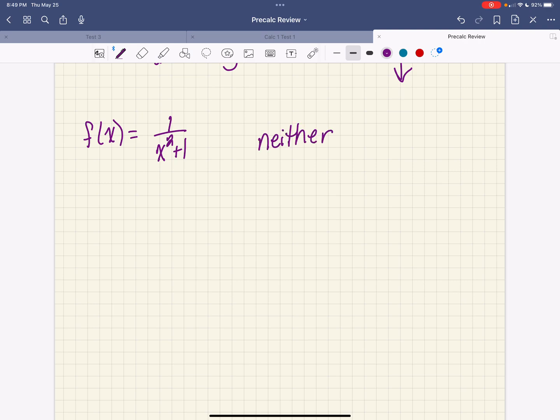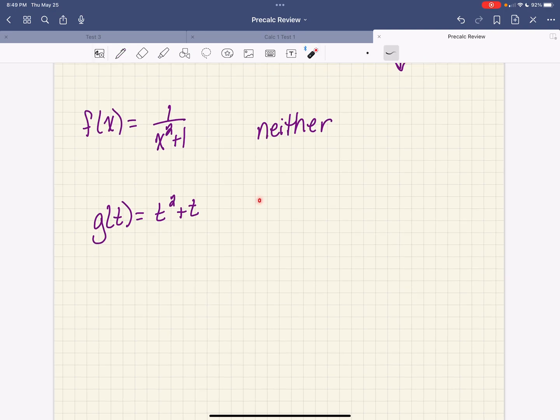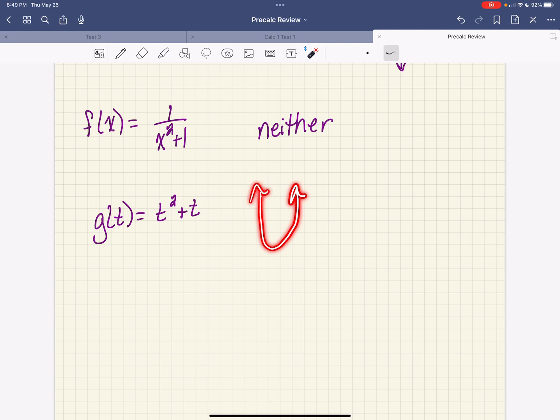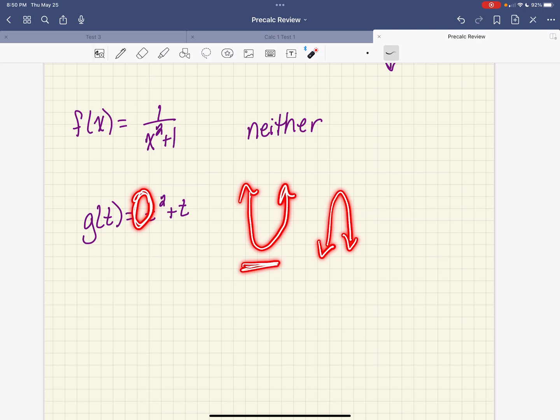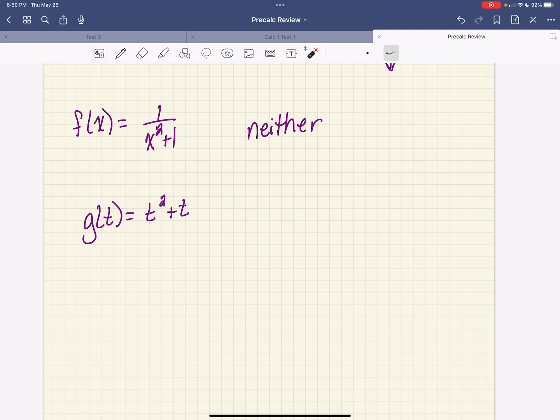Okay, and the next one is going to be a parabola. And so we've got g of t equals t squared plus t. Now we know this one is a parabola because of that t squared. It's a quadratic. And if we think about what a parabola looks like, and you certainly can graph it if you want to, a parabola looks like this or it looks like this. Okay, our end behavior for this one is going to be this because we've got a positive value in front of that t squared. So this one is also neither